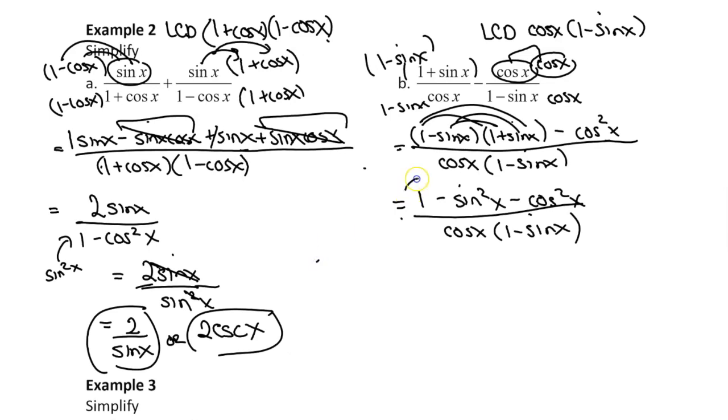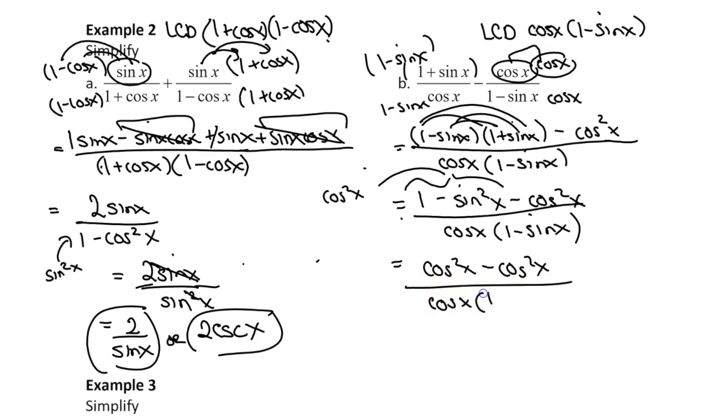If you take a look at the 1 minus sine squared x, and you think back to what that could be equivalent to by looking at your Pythagorean identities, you would see that 1 minus sine squared x is equivalent to cos squared x. Okay, so look back up there and look at what you had when you had cos squared x isolated, and that is equivalent to saying cos squared x. So we could now say we have cos squared x minus cos squared x over cos x times 1 minus sine